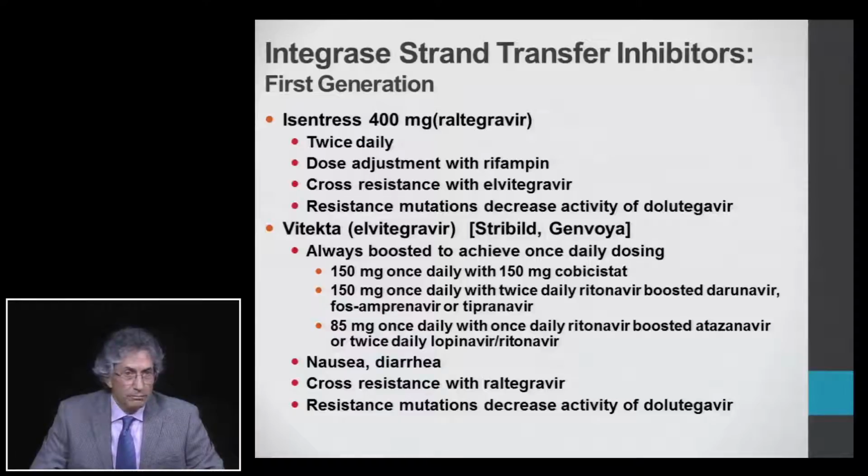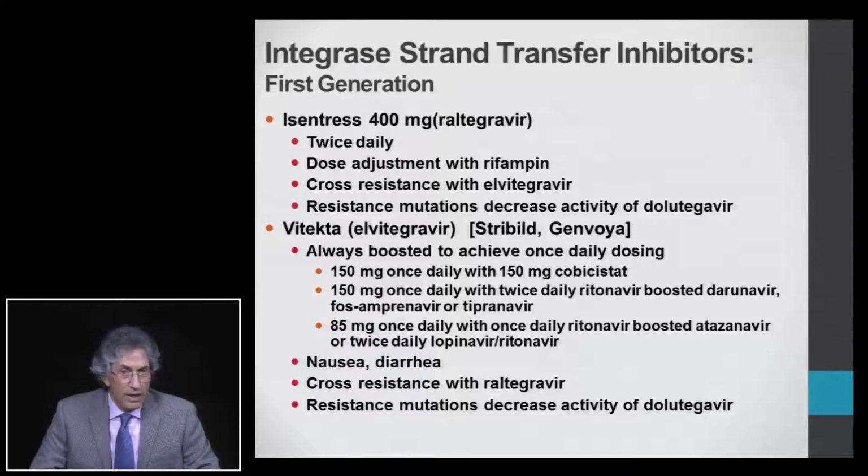a day. The other first-generation integrase strand transfer inhibitor is called Vitecta, or elvitegravir. It is rarely prescribed as Vitecta, but is usually prescribed as part of a combination pill, as Stribild or Genvoya, and we'll look at those combination pills again in a few moments. This medicine, in order to make it a once-a-day drug, is always boosted. When it comes in Stribild or Genvoya, there's 150 milligrams of Vitecta mixed with 150 milligrams of Tybost or cobicistat